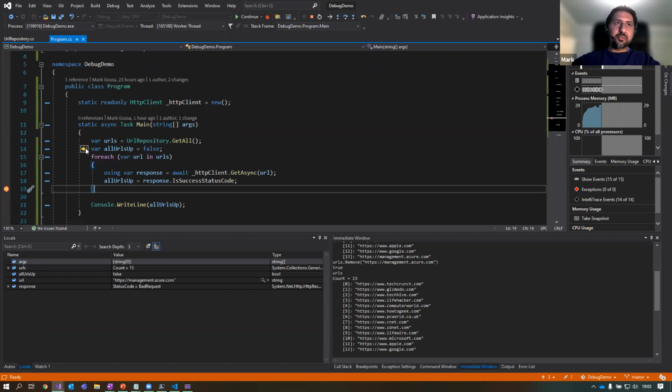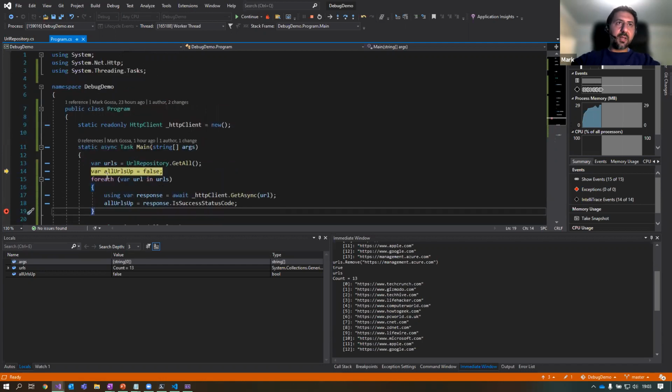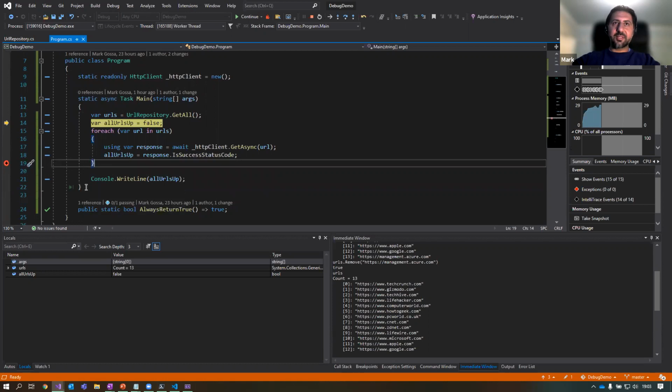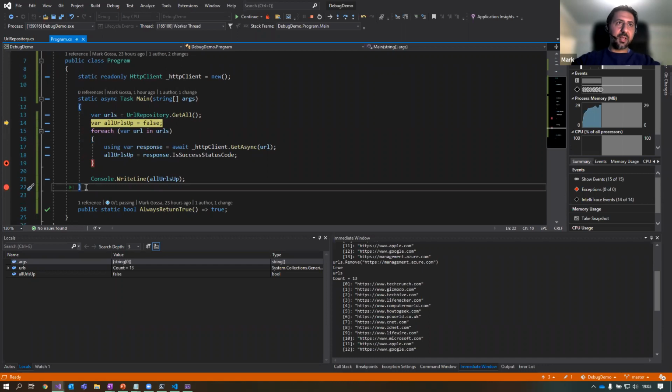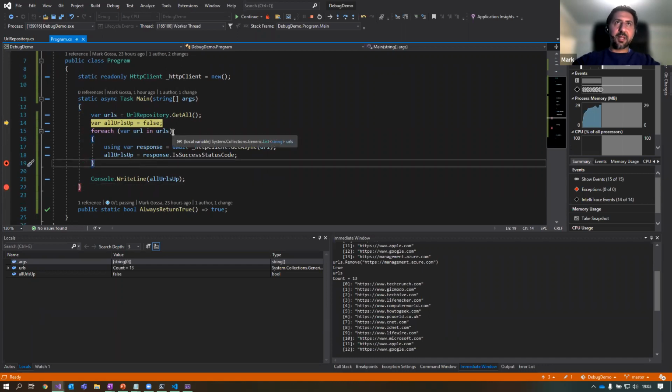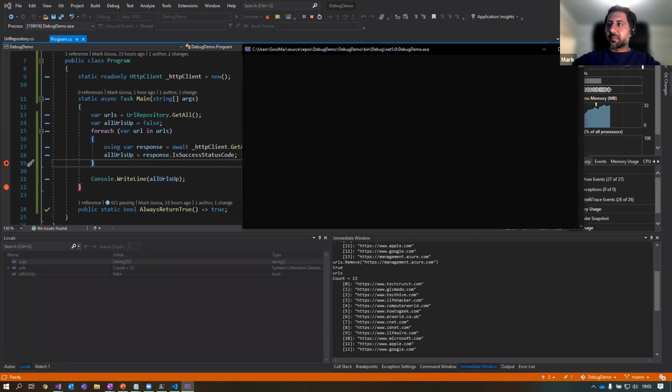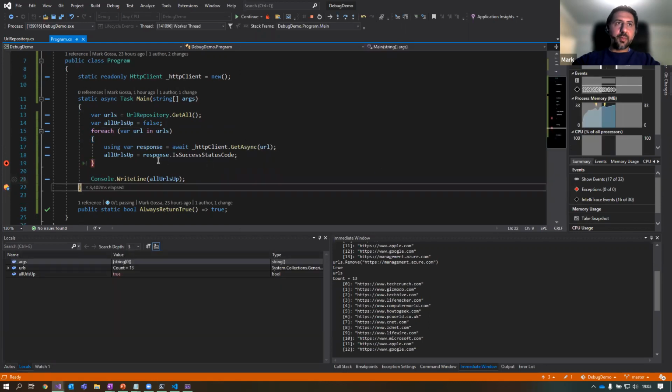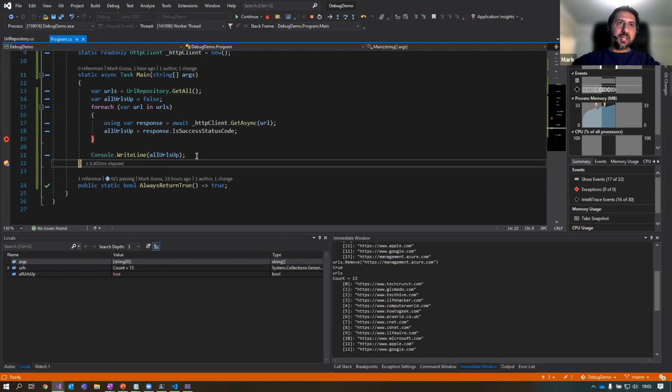So if I press Control, that turns yellow. So now if I click on that, it's actually taken me back up to here. So I've still got 13 URLs because I didn't run that line there. And now hopefully it won't stop at the breakpoint because it's not checking management.azure.com. So I'll put a little breakpoint at line 22 when it completes. So if I just allow it to continue, so I'll just hit F5. Okay, so it didn't hit the breakpoint. So great. And if I wanted to check if the URLs are up, it's true.